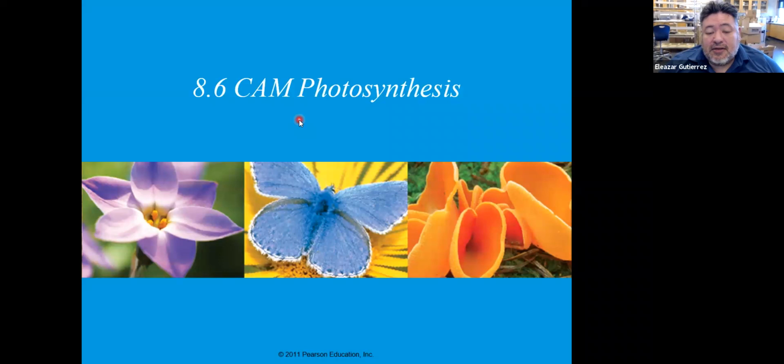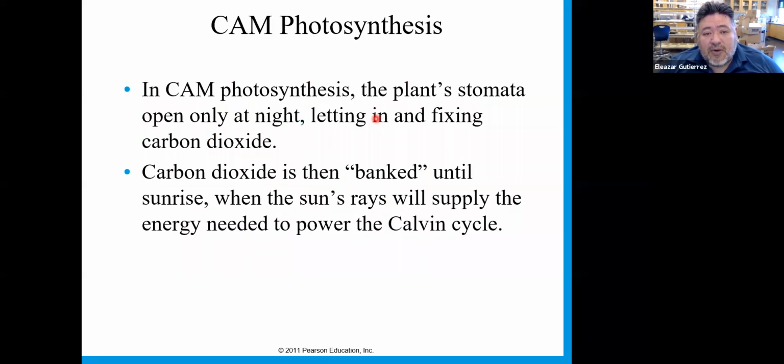CAM plants. C stands for carboxylic acid metabolism. Okay. CAM plants are the ones that are in the worst environments, such as deserts. So this is even worse. In CAM plant photosynthesis, the plants open their stomata only at night, letting in and fixing carbon dioxide. Carbon dioxide is then banked until sunrise, and the sun's rays will supply the energy needed to power